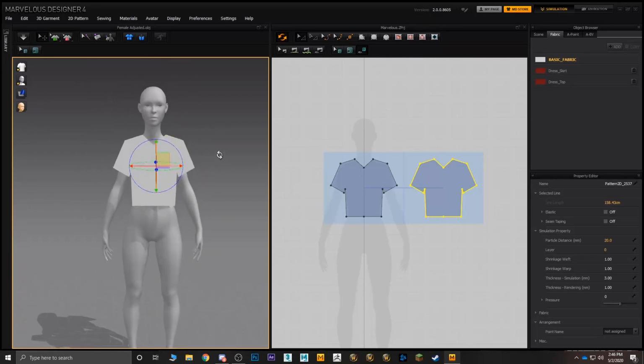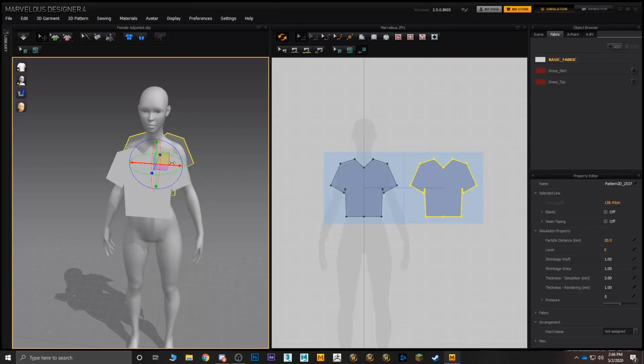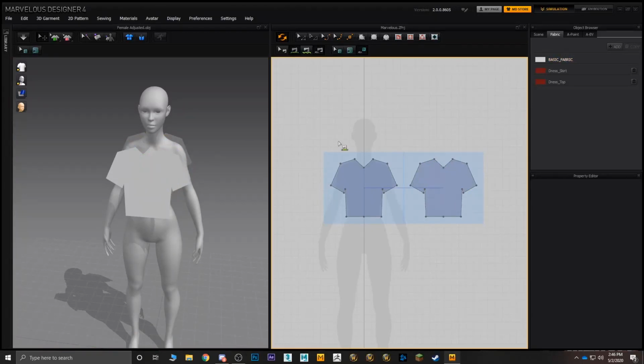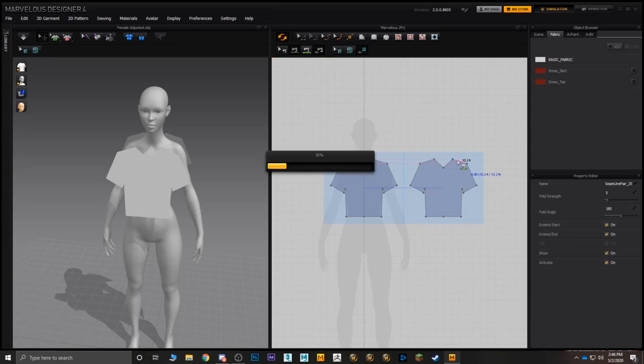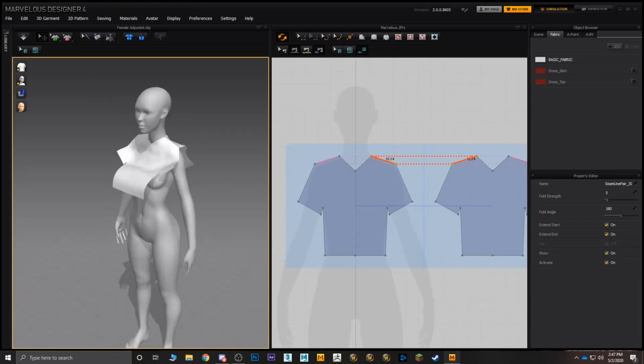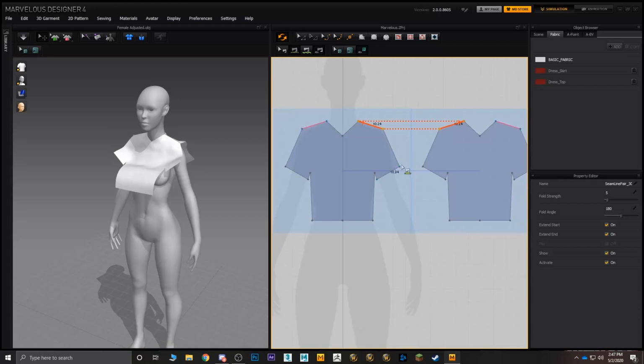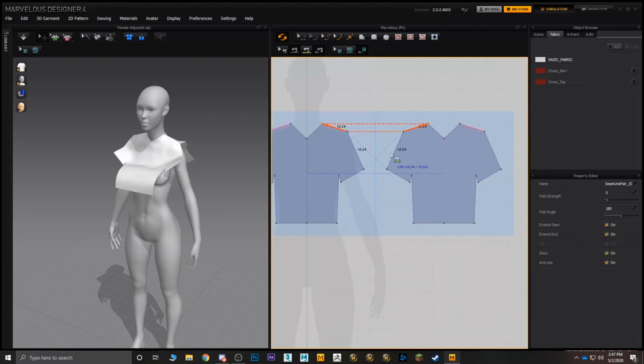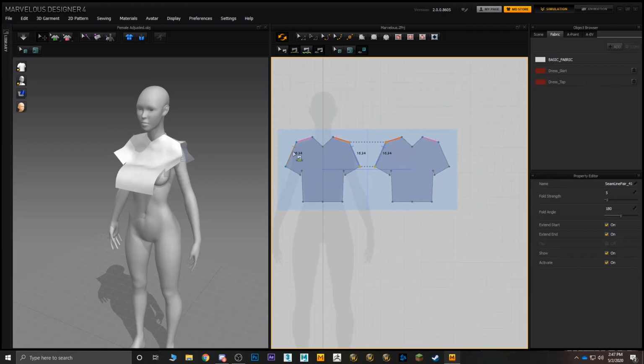There we go. The first thing I'm going to sew together is the shoulders, and then I'm going to sew the rest together. So shoulders first, outside, then inside. So this is the sewing done. I'm going to just simulate it very quickly. Stop. That's enough. Now I'm going to grab the shoulders, so inside as well, outside,